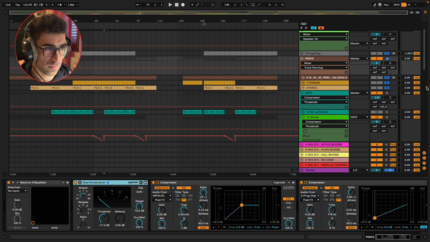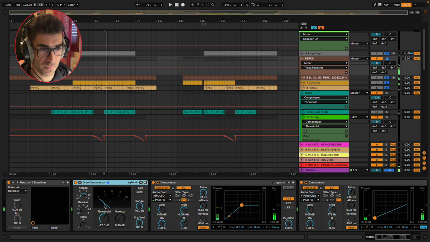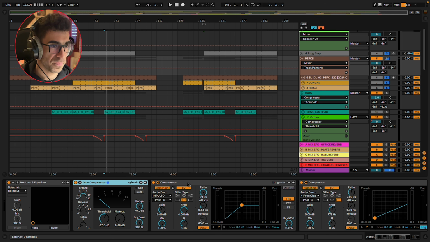Compressing just a tiny bit the group, maybe half a dB, keeping the attack very short release to groove together with the track and just to glue everything together.